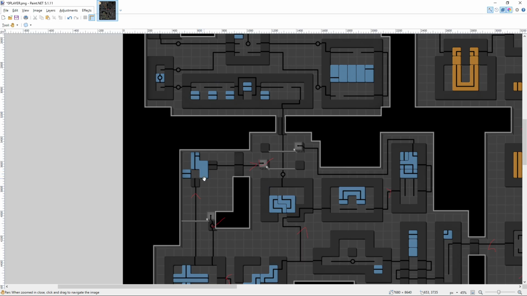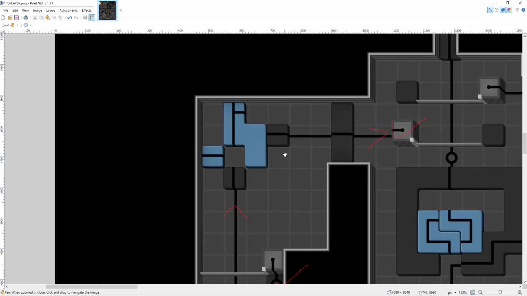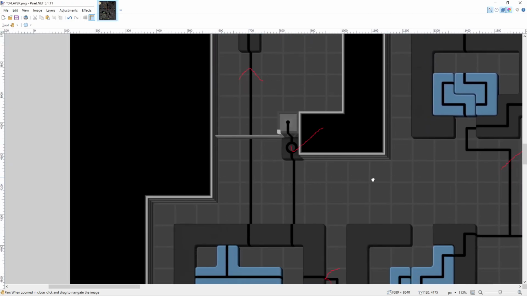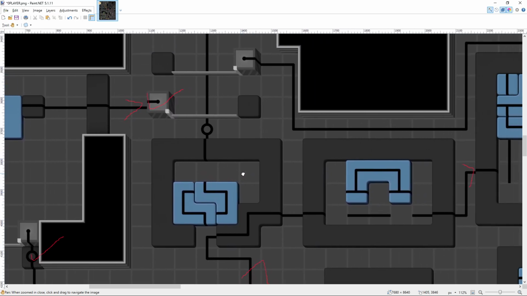Can I free this? I don't think I can free this because, well, I guess actually, when you think about it, you move this down one, and then you move it to the side one, and then you can just keep moving it down. Then you can move it out of here, and then you can use this and power up this, and then that goes into there. So